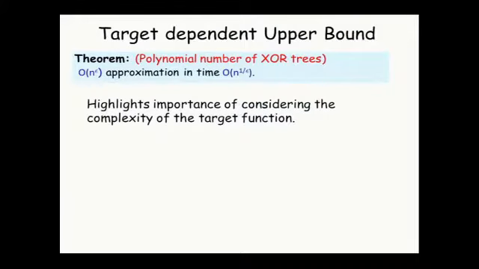Right, and I guess from a conceptual point of view, this result highlights the importance of considering the complexity of the target function for learning. It would be interesting to discover a natural representation for submodular functions, where we have more complex and less complex submodular functions, and maybe try to get a similar result also for submodular functions. I mentioned earlier that any submodular function is an XOS function, but the representation uses an exponential number of trees, so that's not the right representation if you want to think about submodular functions.